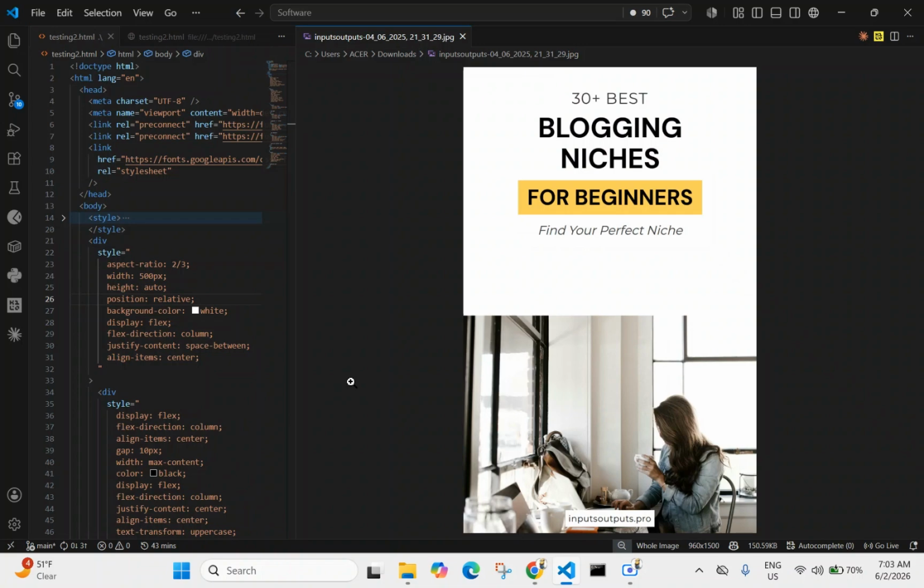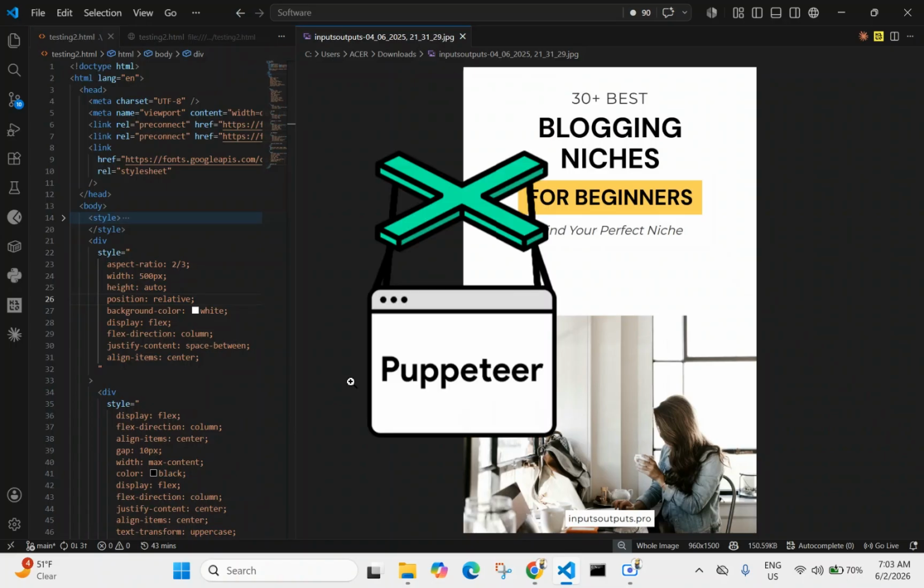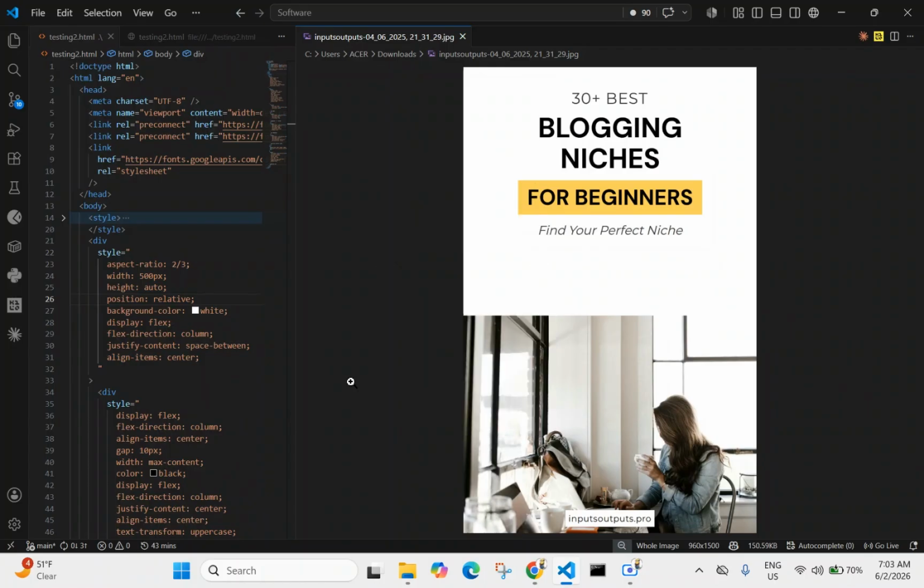Okay, so in this video, I want to show you how you can programmatically generate designs and images using HTML. So we're going to use Puppeteer for this. Puppeteer allows us to turn HTML to images. And the reason why we need it in HTML is so we can swap out titles and images for whatever text we want. So if we want to keep the overall look of the image and only want to change up the titles, the images, maybe the URL, etc., we have the ability to do so without jumping into any